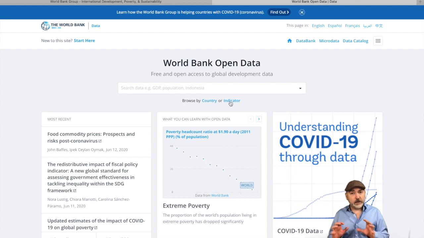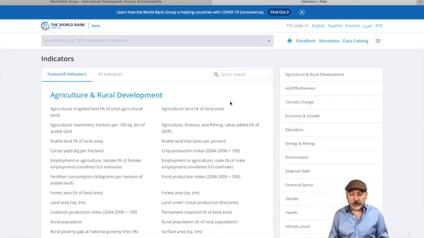Because we don't want data for one specific country, even though we could do that. We're imagining here a cross-sectional approach. So by indicator is variable by variable across all the different countries. Okay, so when you click on that browse by indicator, this lets us kind of create a little menu to